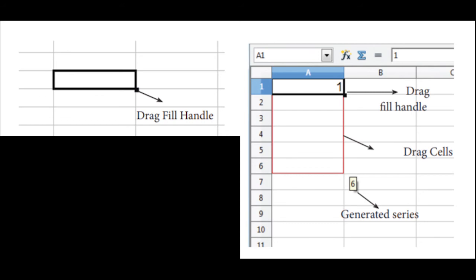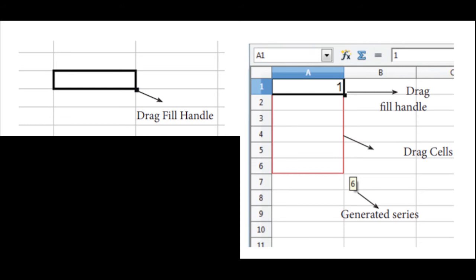First, you will type 1. If you need 1 in 10 cells, you will click the mouse and drag it till 10, and go to Edit, Fill, and then click on Down, right? Or else in Edit, Fill, Right, in whichever position you have dragged, you can click it there and autofill. Then the next one is about autofill series.